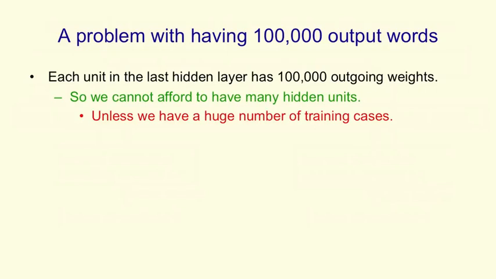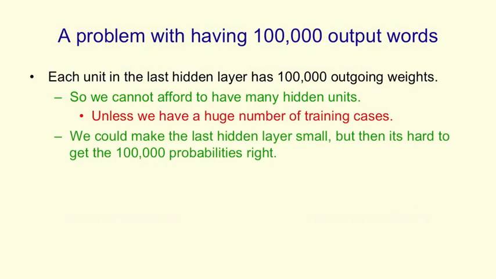That's not necessarily true. We might have a huge number of training cases. So some organisation like Google might have so much training data that it can afford to have a very big softmax layer. We could try and make the last hidden layer small so we don't need too many weights, but